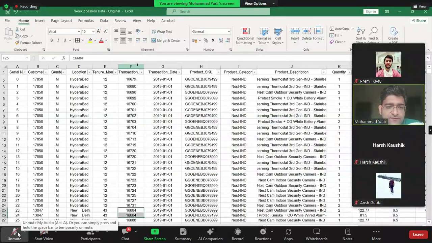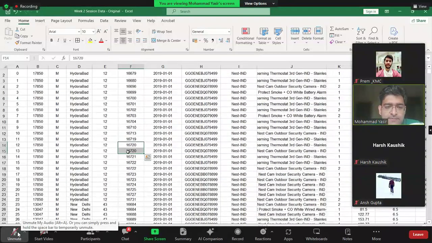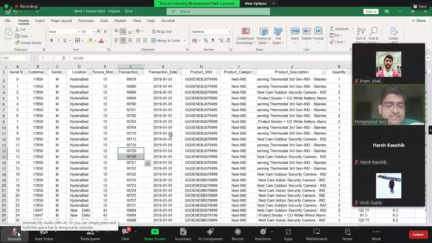So if there is the same order ID in two rows, hypothetically it means that in the same order ID, the user ordered two unique products. So if you look at our transaction ID and product SKU here, even though transaction ID is the same, product SKU is different, right? So it means that in the same order, the same user had different products being ordered. So this is not a data issue. Is this point clear, everyone?